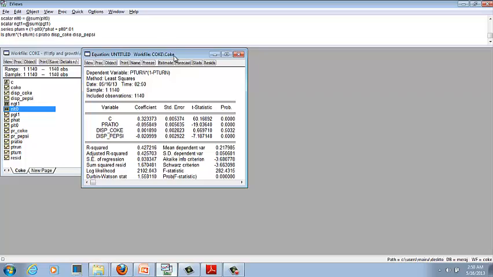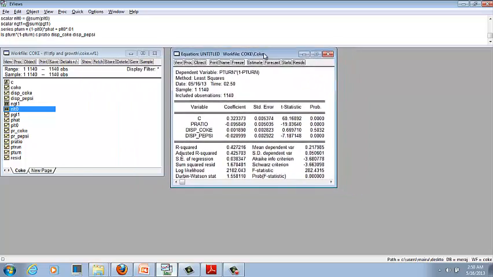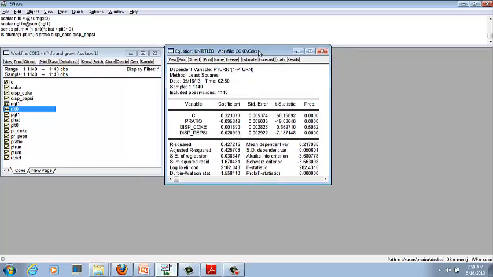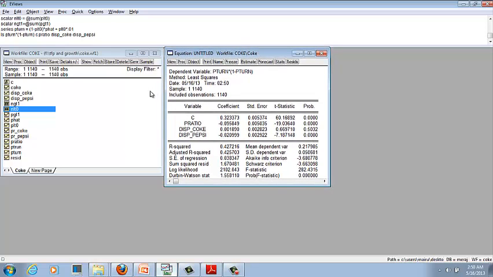So this is our generalized least square estimates. If you see, the variance of the linear probability model is p times 1 minus p. So we use this as our variance.